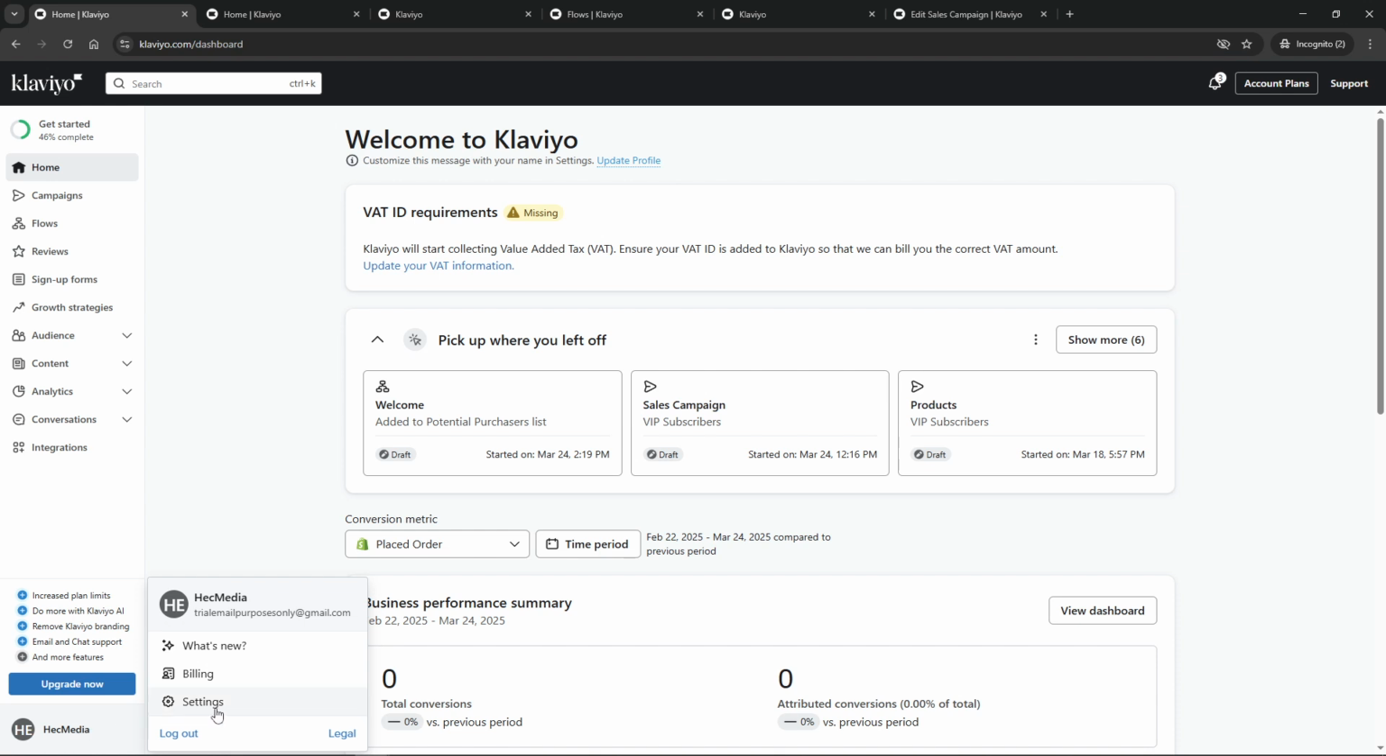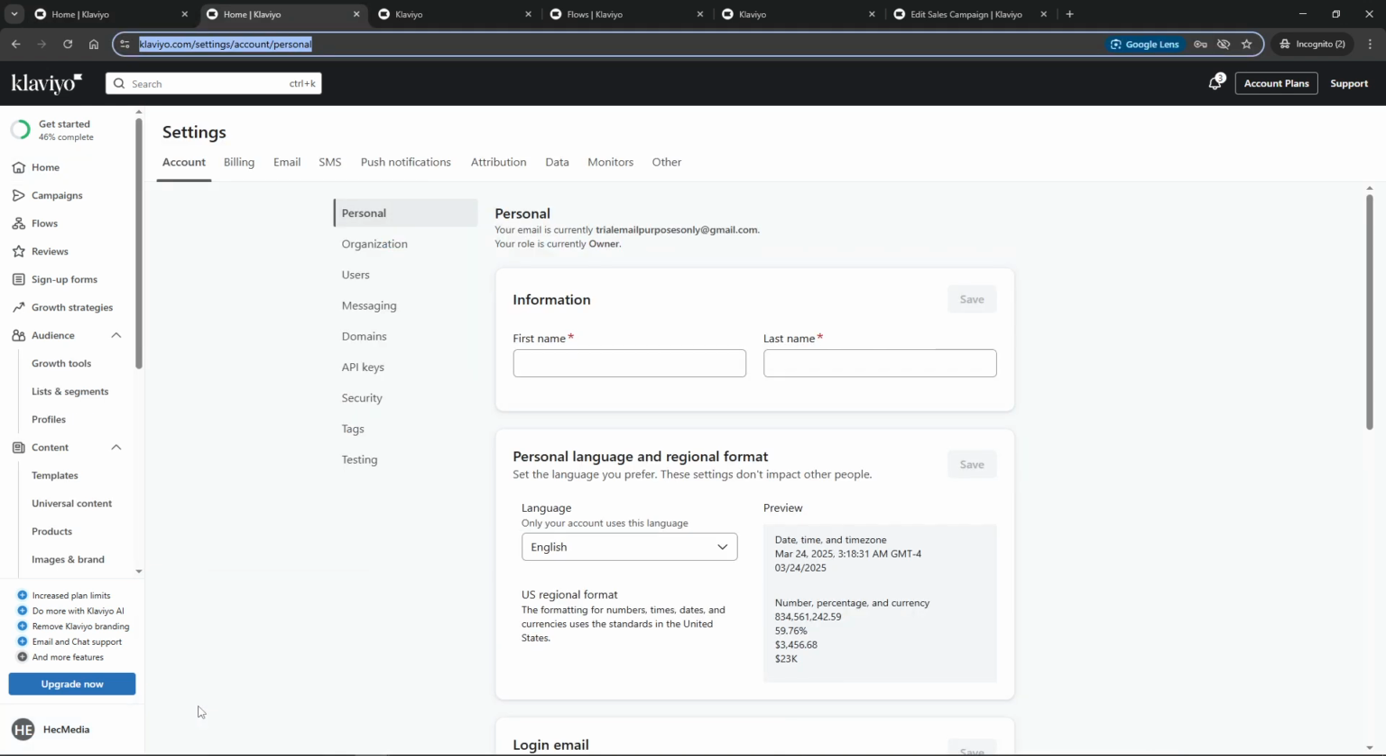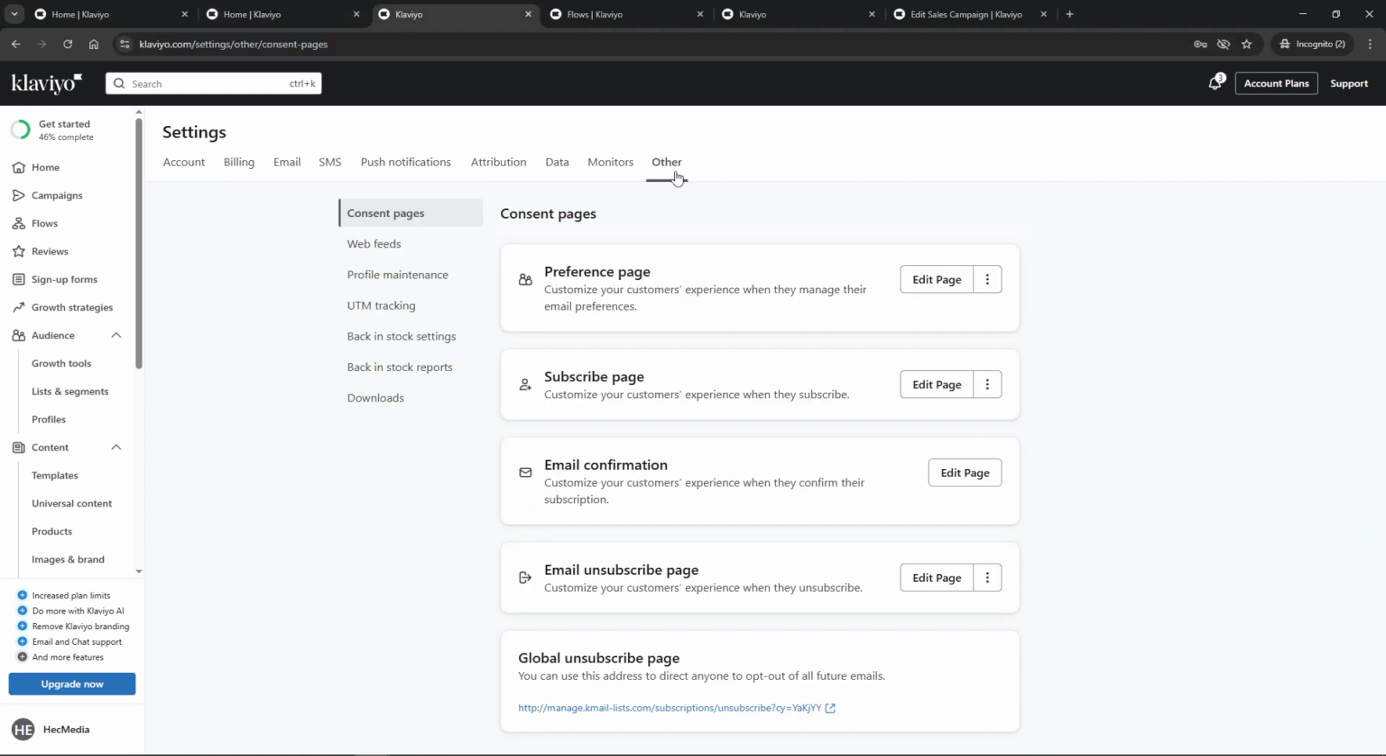Next, head over to the Settings section. Under this submenu, click on Other and then select Consent Pages. This area is where you'll configure how your subscribers can manage their communication preferences with you. Now look for the option that says Edit Page under the Preference Page section. Clicking this will take you into the Customization area where you can set up how your preference page will look